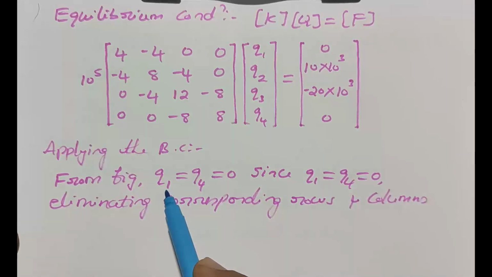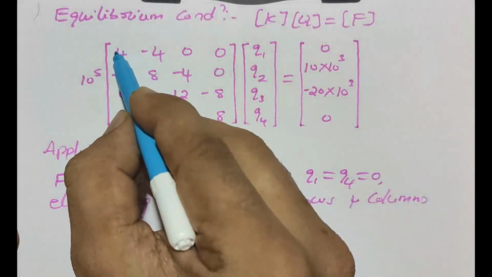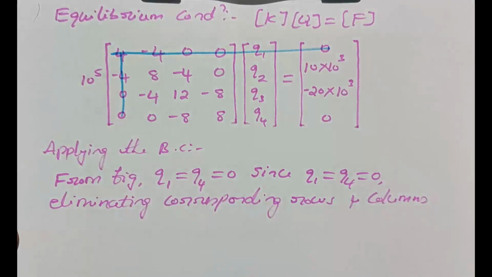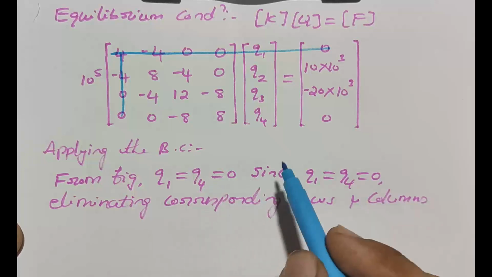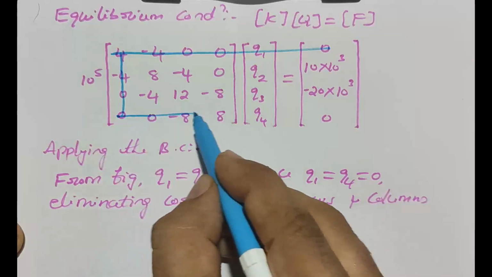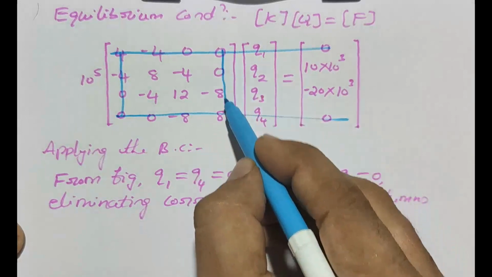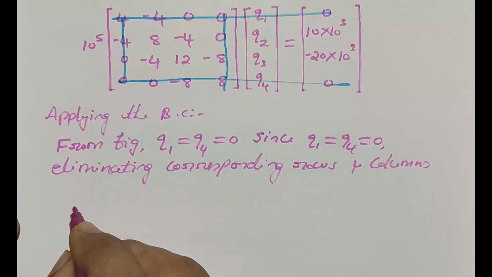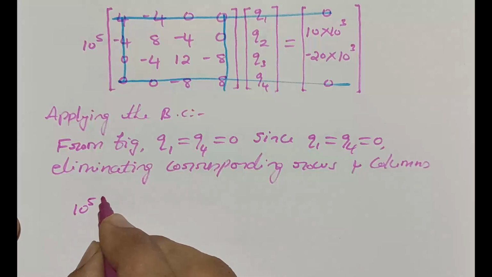Since Q1 is equal to 0, means displacement at node number 1 is equal to 0, we will eliminate first row, first column. Similarly, Q4 is 0 means displacement at node number 4 is 0. Therefore, I can eliminate 4th row, 4th column. Now the equilibrium equation reduces to 10 power 5,